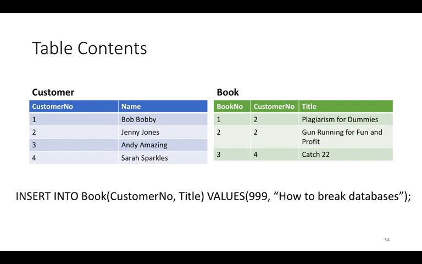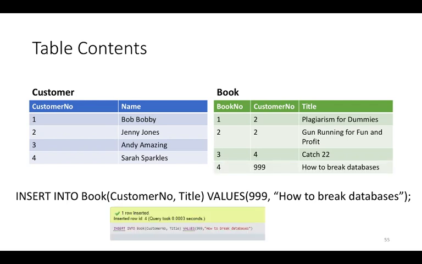I would say that logically, talking about the rules of the system, it shouldn't work. We'd say, okay, there is no customer 999. We've said that books must have a customer. Okay, it has a customer number, but the book doesn't work. But it will absolutely work fine. It will insert and it will go, because